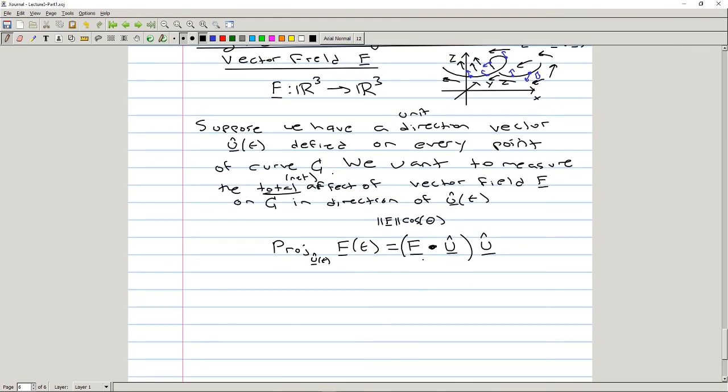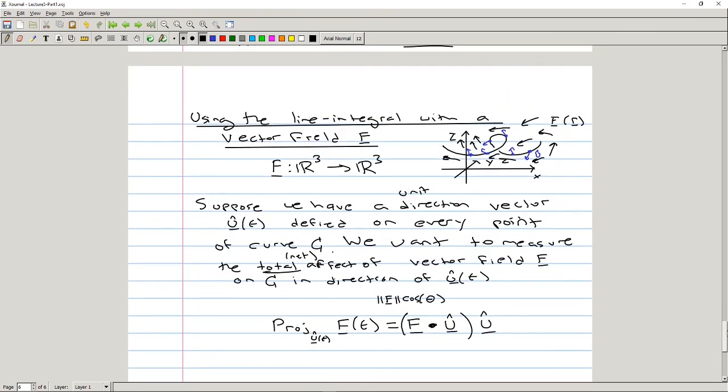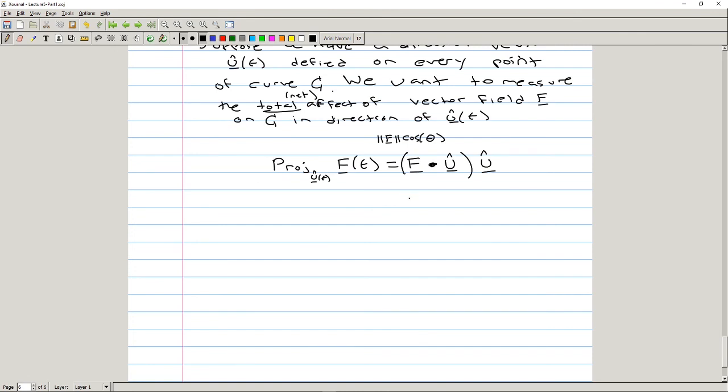But remember, f here is a function of t, and u hat is also a function of t. So we kind of stumbled upon, inadvertently, a way of getting the total effect of the vector field f on the curve c in the direction of u of t. It's to take the line integral of this projection, right? Because we know that the line integral of